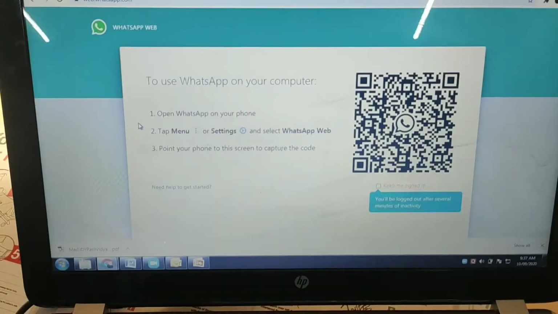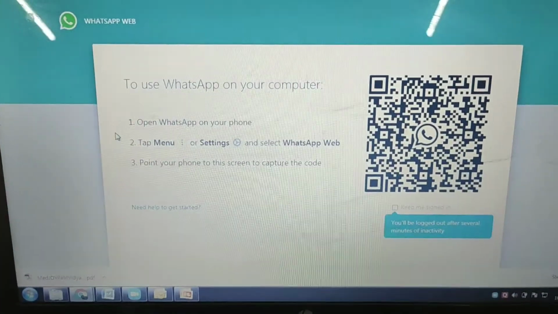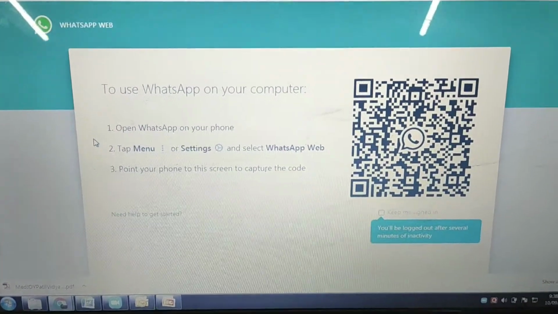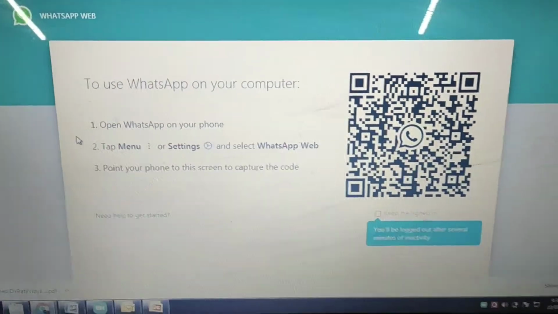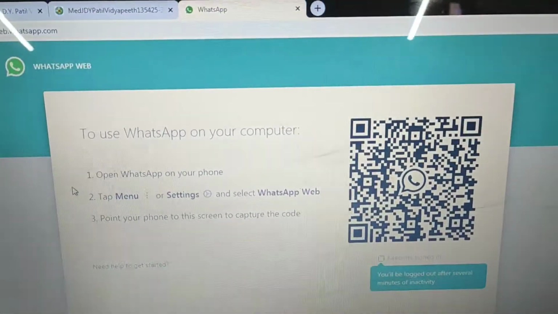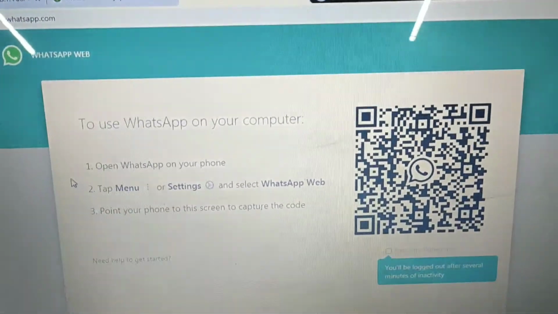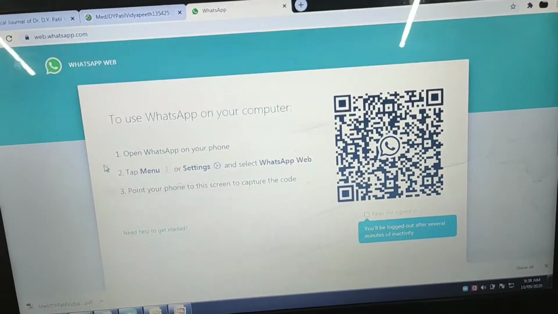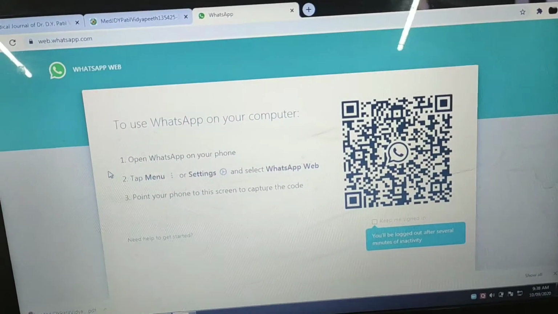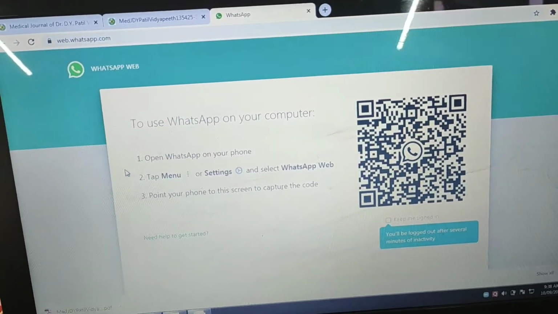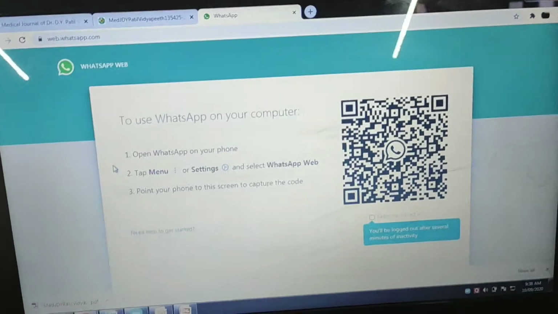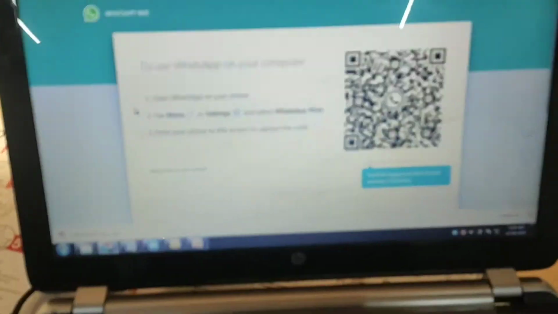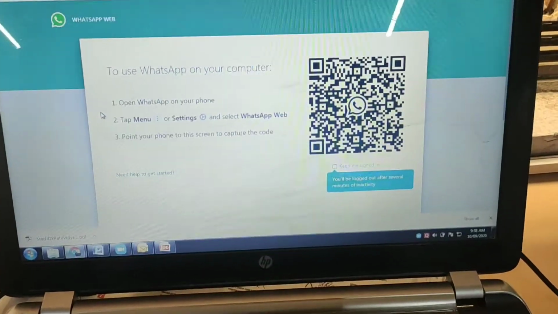So if you open WhatsApp Web, you can see a QR code. Now you have to go to WhatsApp. I cannot show it right now because I am recording from my phone. So what you can do is take your phone and open WhatsApp. In the uppermost right corner, you have several icons.